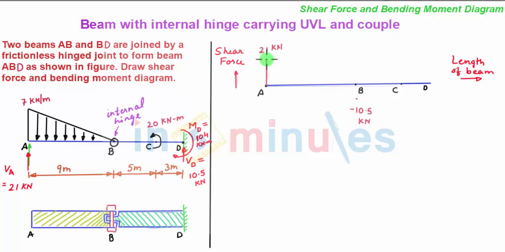Now how the shear force is varying from A to B. Now as we can see in the load diagram, between point A and B, there is a uniformly varying load and its intensity is decreasing from point A to B. So the variation of shear force between point A and B will be parabolic, and the curve will be such that the slope of the curve will go on decreasing as the intensity goes on decreasing from point A to B. So the nature of the curve will be as shown in the figure.